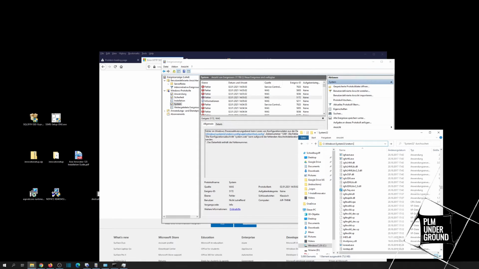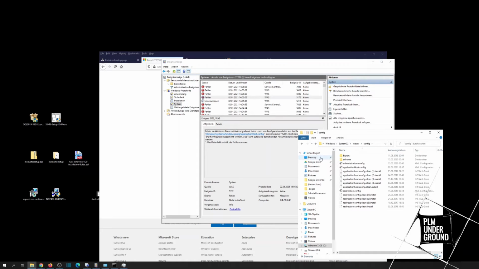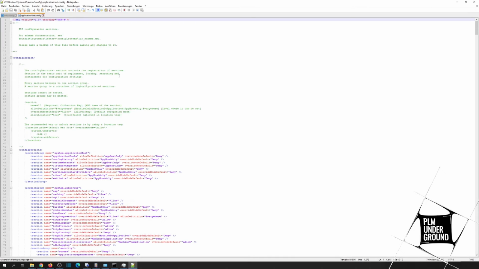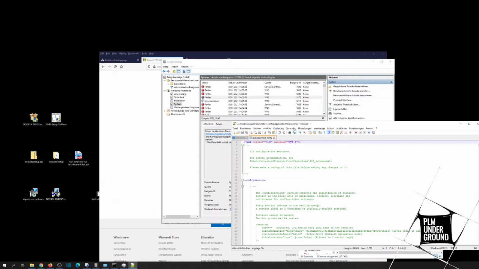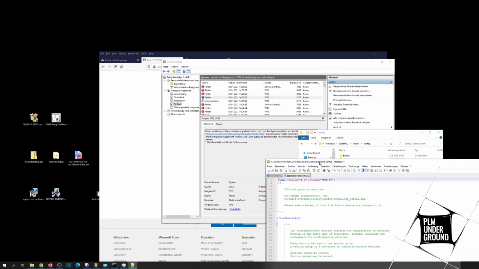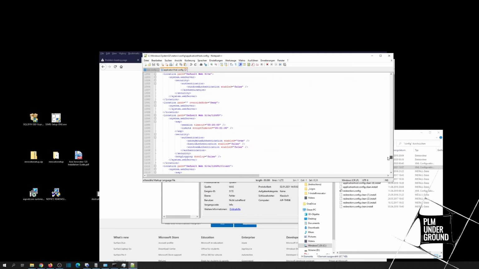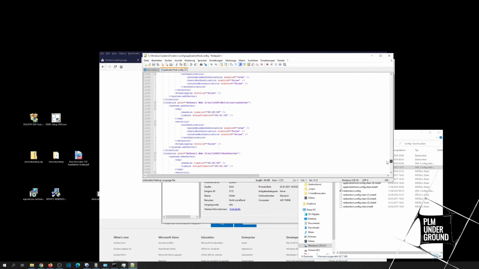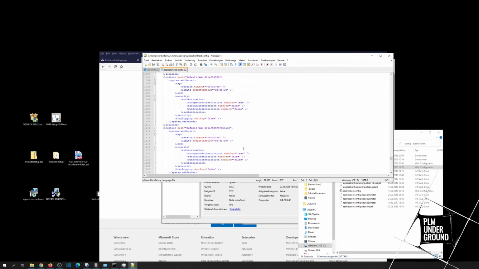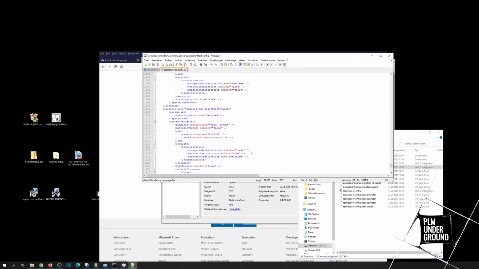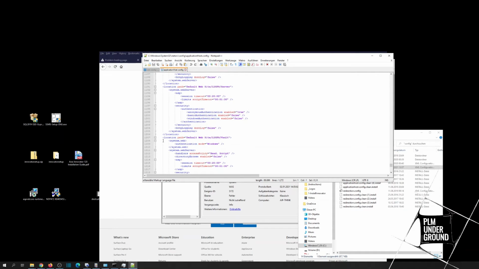Yes, I want, and here we have this application host config, which I now modify. And it tells me here that line 1208 contains this section, system.web.